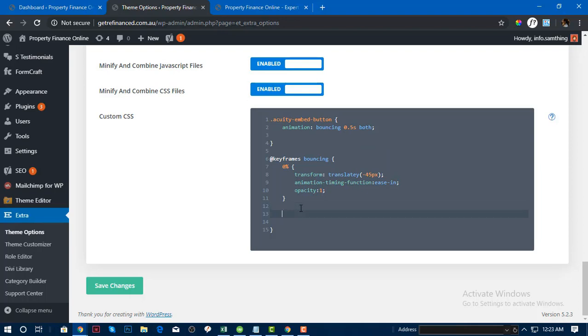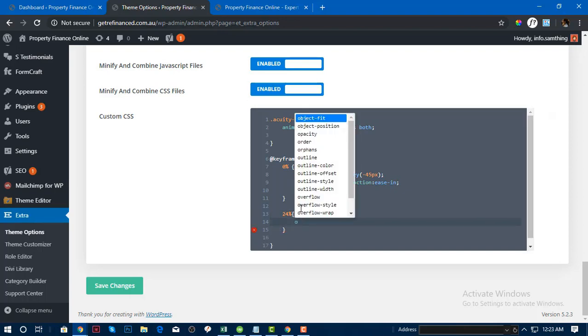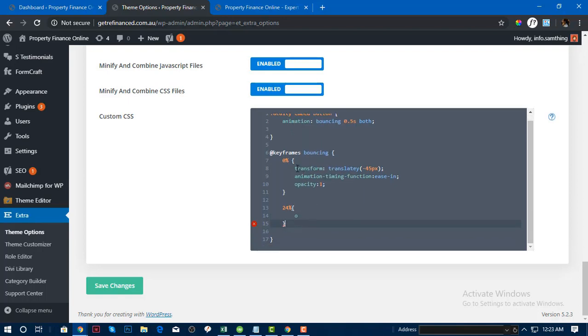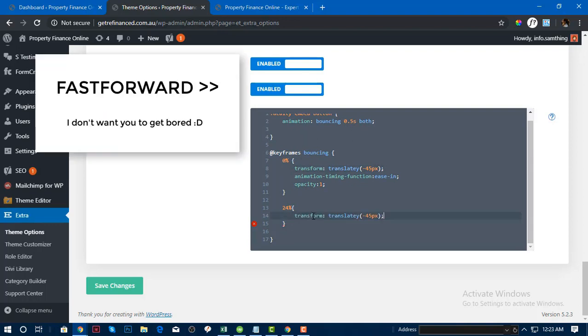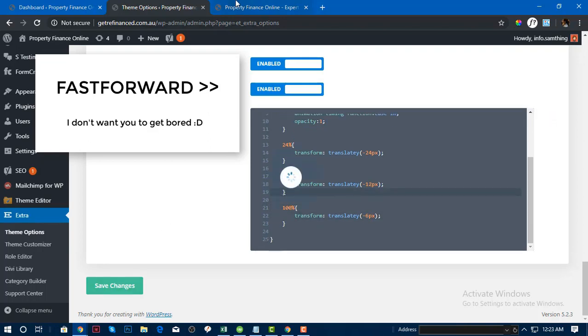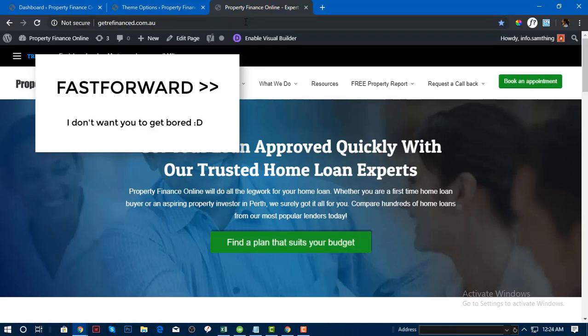Okay, so for that I want it to be for 24%. Let me just make it maybe 24%. I want the translate to decrease the axis, maybe 24 px, and then move to the 82%. Let's make it 12 px, and then for the 93%, okay, 100%. I want it to be 6 px for the translate axis Y. So yeah, let me refresh that. And yeah,